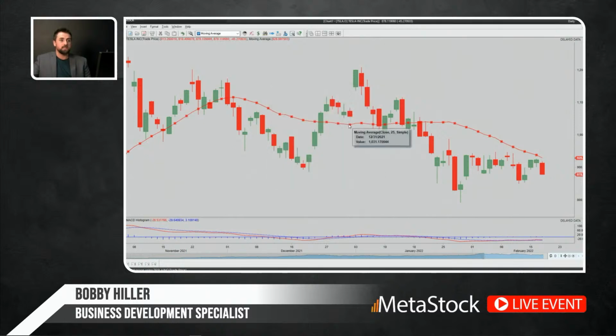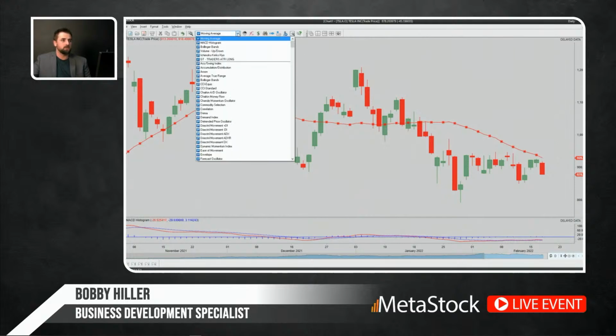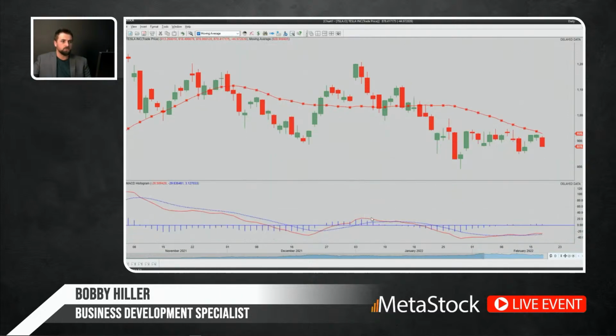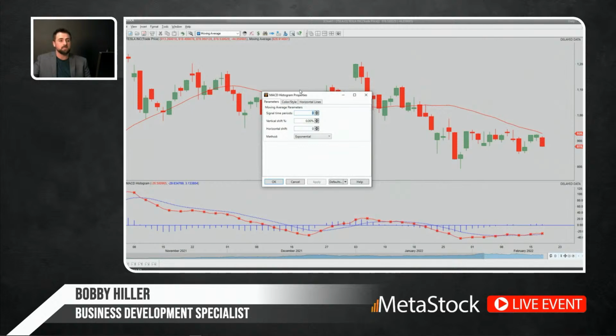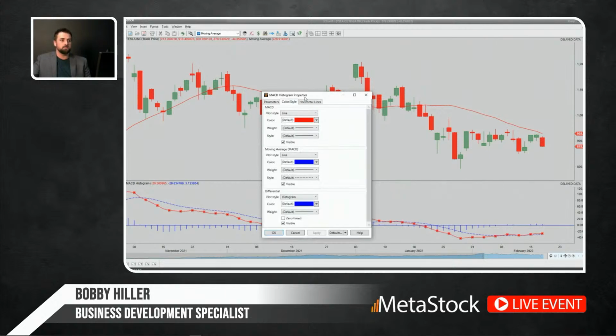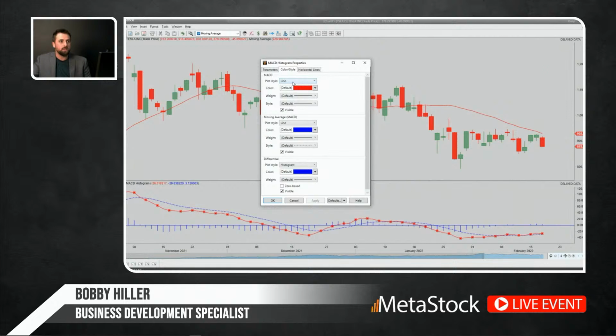That's just an example on a moving average there. This affects a lot of the different indicators. So I guess we already have the MACD histogram that I plotted earlier when I was showing you the different themes and what it looks like. So I can go back in and just double click on that to open it up. And once again, with the